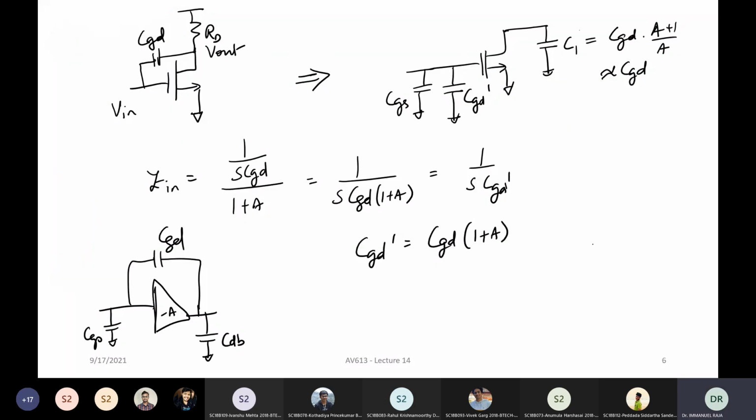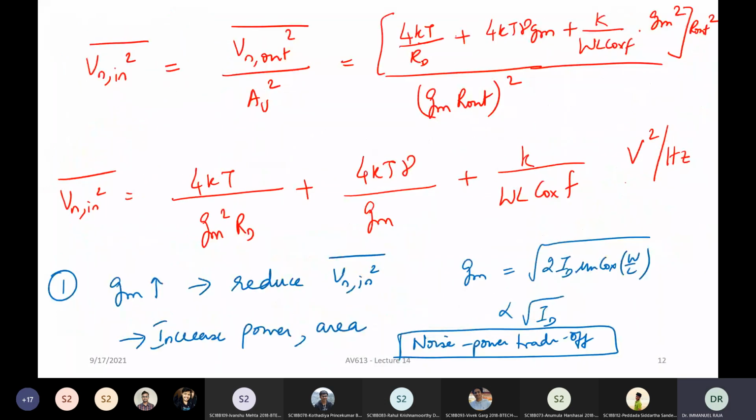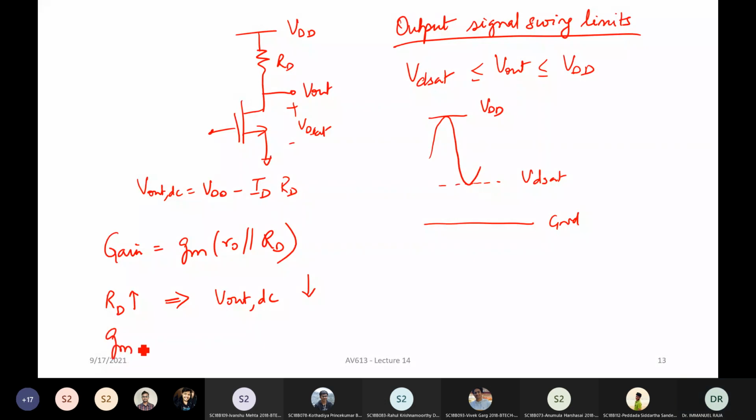Now, on the other hand, if you say, I want to increase gm, how will you increase gm? gm is increased typically by, if you keep everything else constant, it has three expressions. So if you keep the VGS, the input gate voltage, constant, you can do it by increasing W by L, which will really increase your current, right? Your DC current will increase. Now, this will also result in your V out DC dropping, right? So you're kind of stuck here, right?